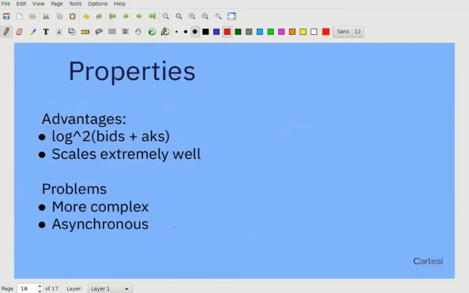So what are the advantages and disadvantages of this? No matter what you do in this system, you have accumulated lots of bids and asks that are not paired. Whatever operation you do, adding another bid or adding another ask is only going to cost you log squared of the total you have already. So this is usually very fine. Although this is fine for Cartesi or for a DApp-specific rollup,